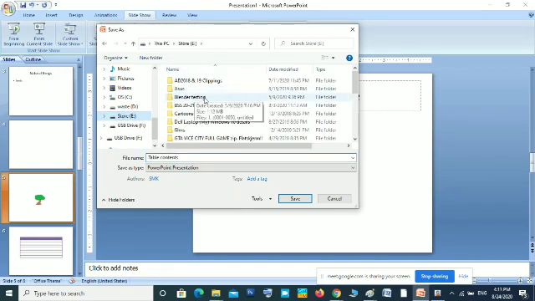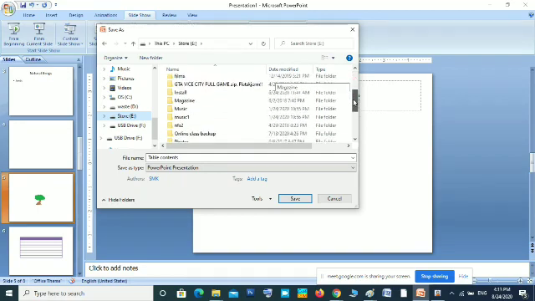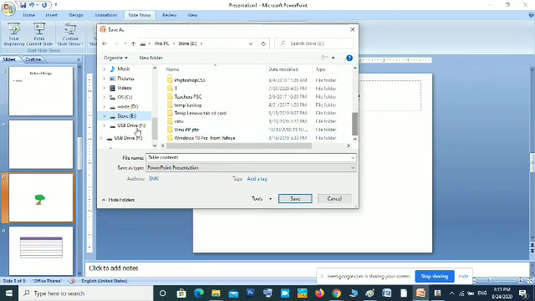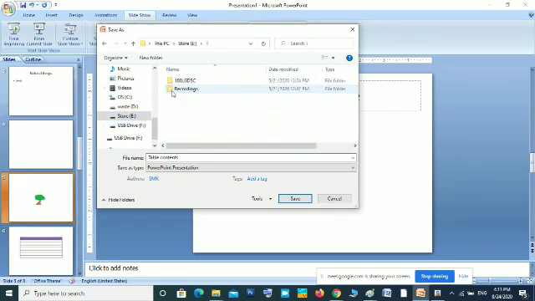Then in the E drive, select the folder you want, and type the file name. What is the file name? My presentation, or sample presentation, or whatever you want to name it, very meaningfully.